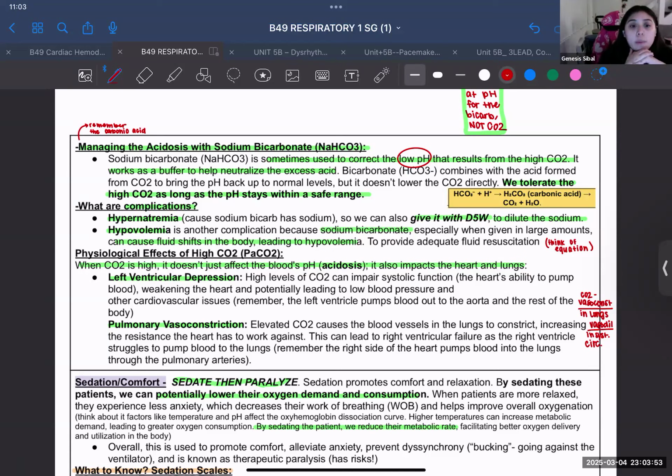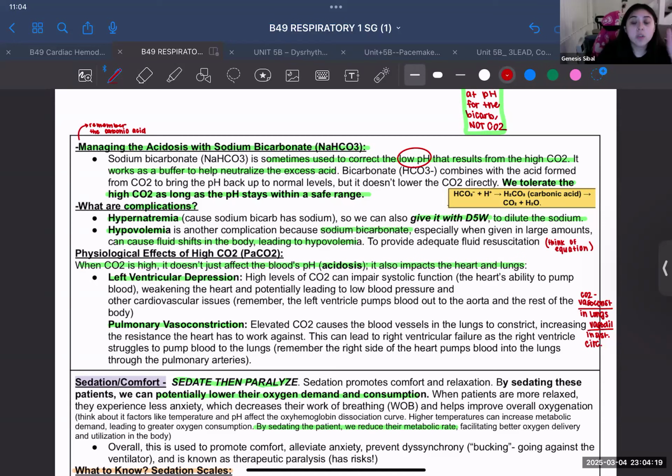So what can we do to manage the acidosis or to alter, since we're in respiratory acidosis, what can we give to help fix that pH, to make it less acidic? So we can give sodium bicarbonate, right? So obviously the other buffer was bicarb, so you can actually give sodium bicarbonate to help with that acidity. So are we going to look at the CO2 as our parameter to give sodium bicarbonate, or are we going to look at the pH? So we're going to look at the pH, right?